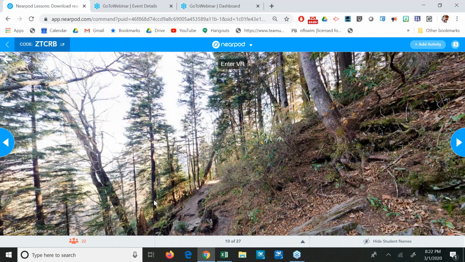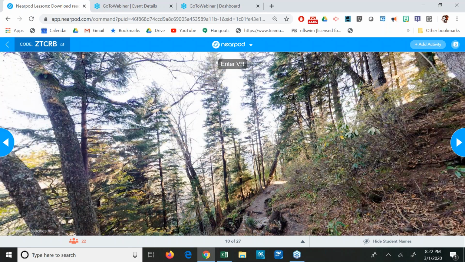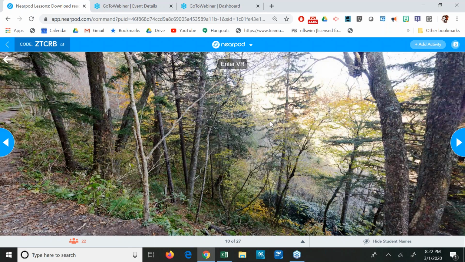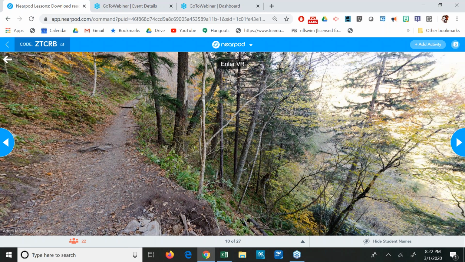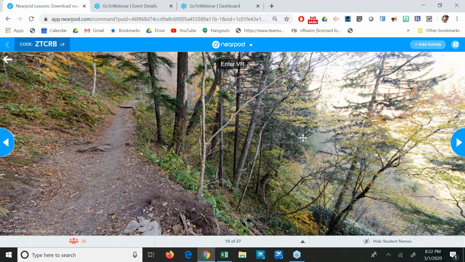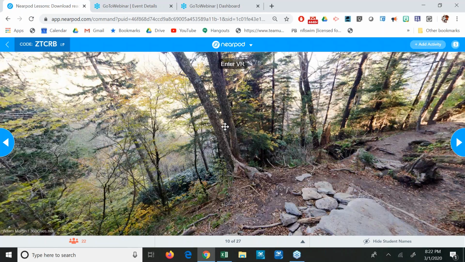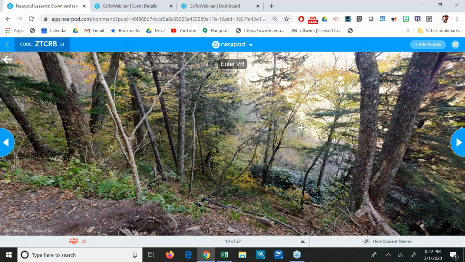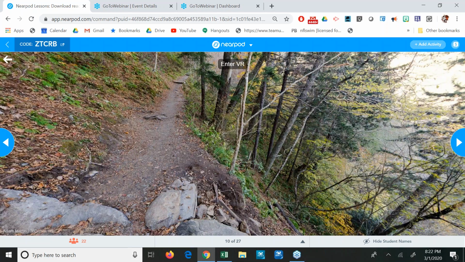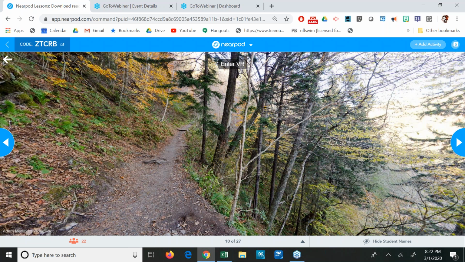You can actually put your finger right on your screen and move the image around. So this is actually in Tennessee right now. If you wanted to talk about the Smoky Mountains, or the Appalachian Trail or whatever, in Tennessee, you can throw a picture of it in there, and then you can really give the kids that feeling that they're kind of there. So it's a really cool, powerful tool.